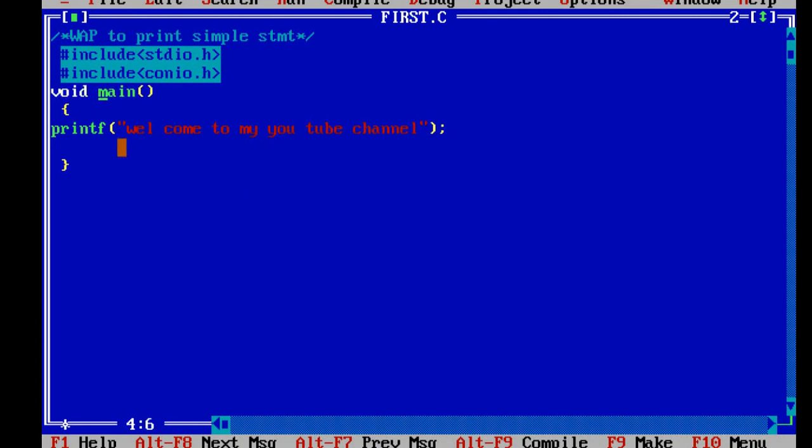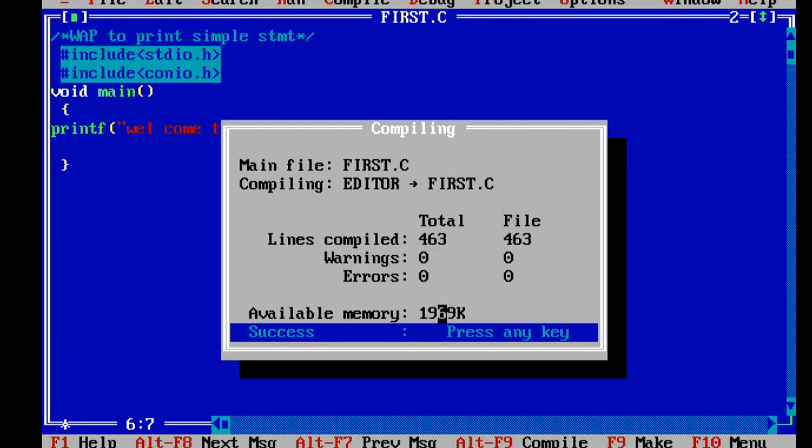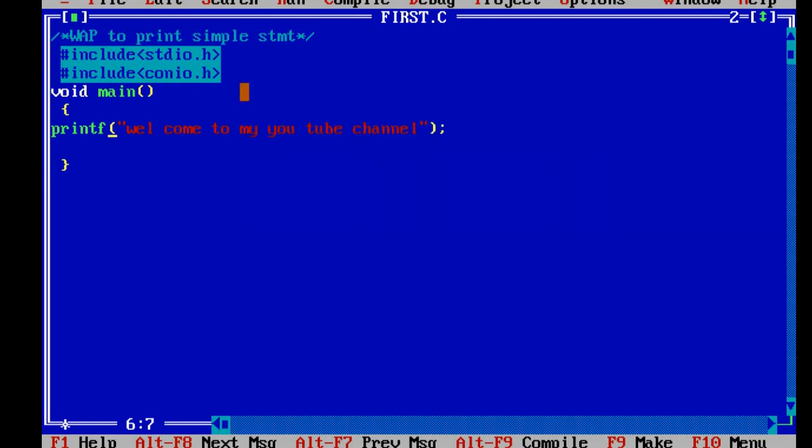Okay. Now I will create certain errors also. Once you get over here no warnings, no errors, now we will compile it. Control F9. But it is not showing me the output. Once I have pressed, again I will press, but still it is not showing. Why? Because I am not getting my character. So I have to use the function related to conio.h. So over here I have to use the getch function.